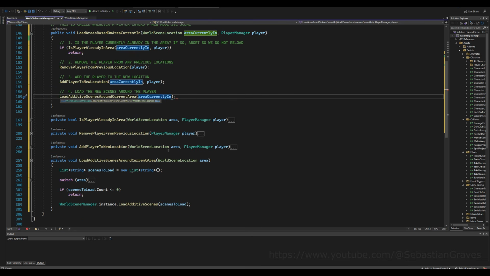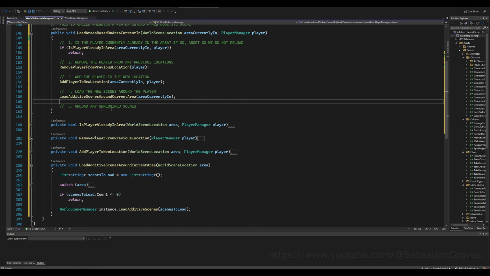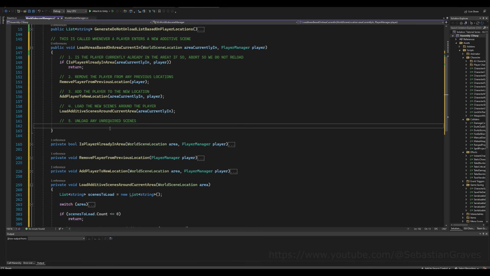We don't have a function for this yet, and we're going to put this on the world scene manager instead of the world sub scene manager. So let's just call that right now. It doesn't exist, but that's okay. We're at the code. World scene manager.instance.unload, or rather, let's call it check for unrequired scenes, because you can call this every time a player